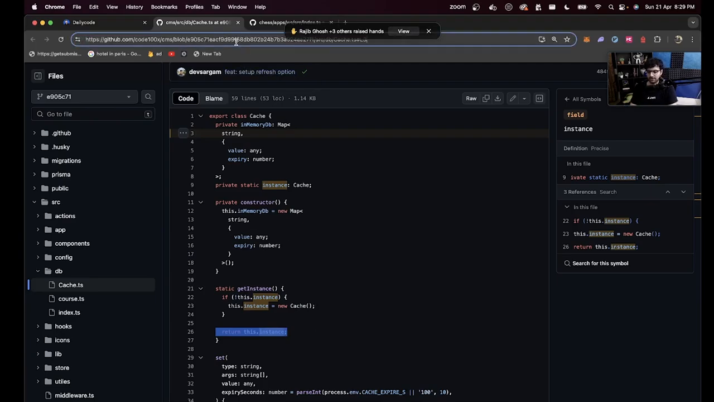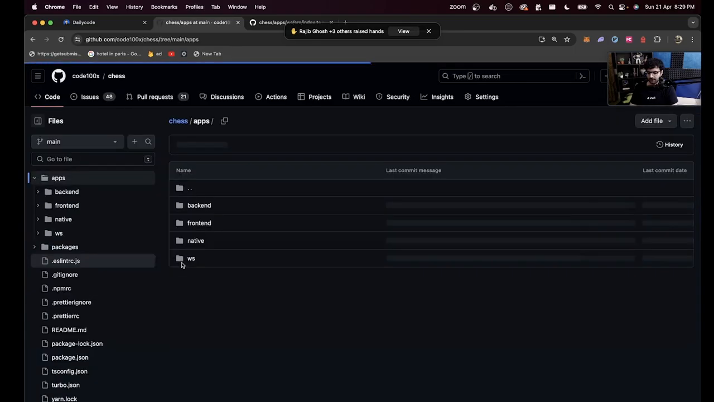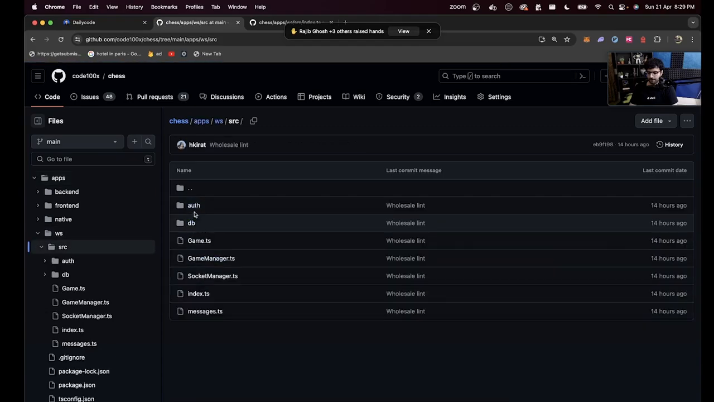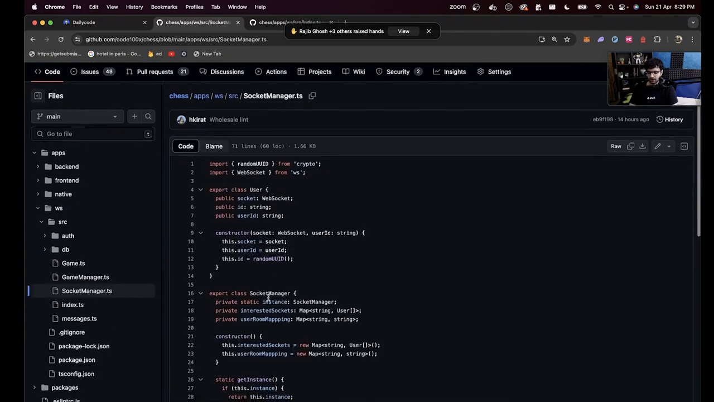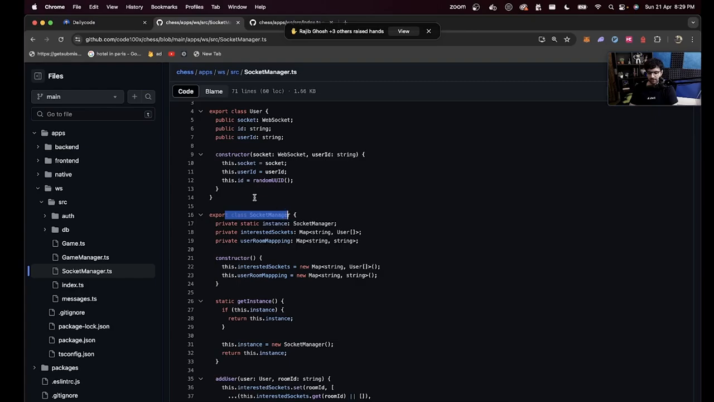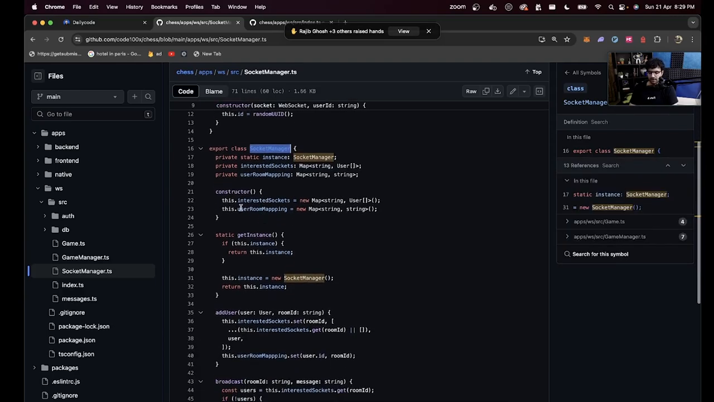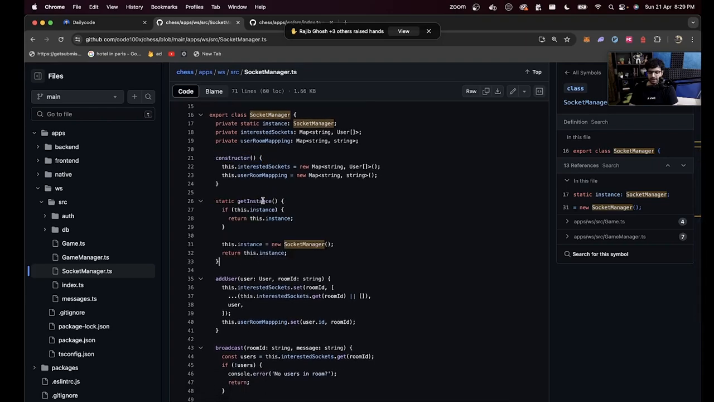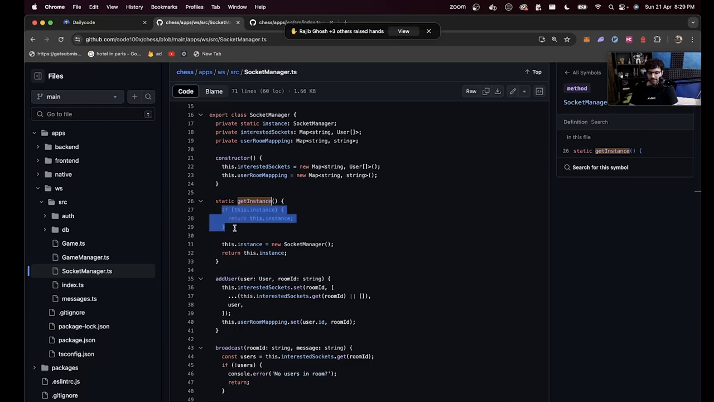Another place where you will see this is socket manager.ts over here. There is a class called socket manager. It has a private static instance which is of the same type called socket manager. I should make the constructor private. It isn't right now. And it has a static get instance function which checks, is there an instance of this